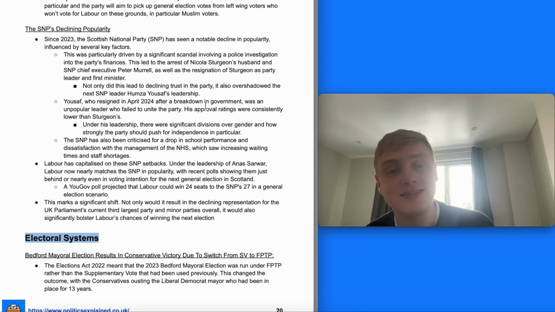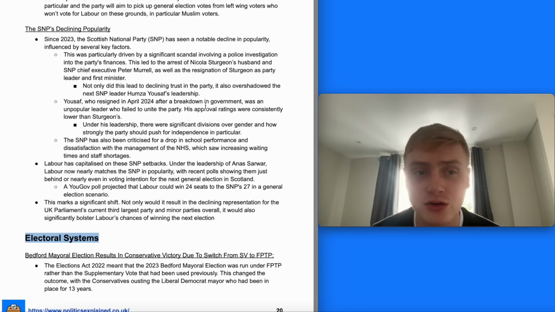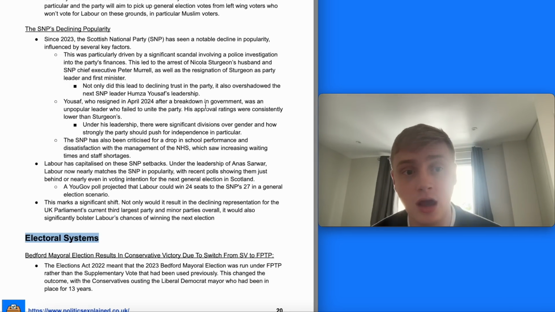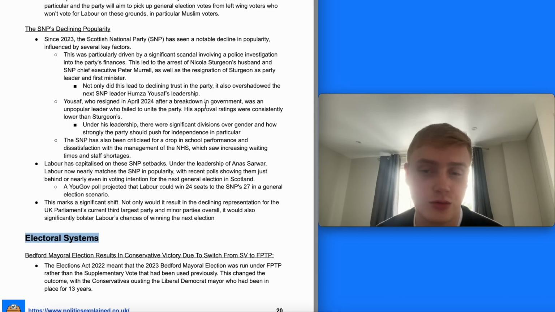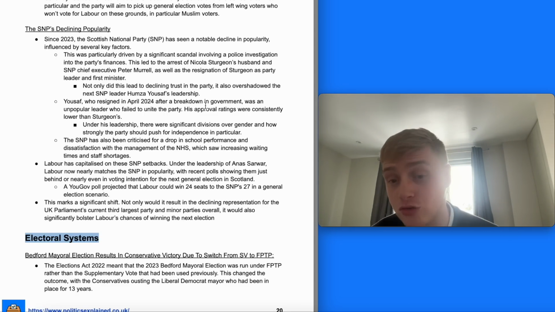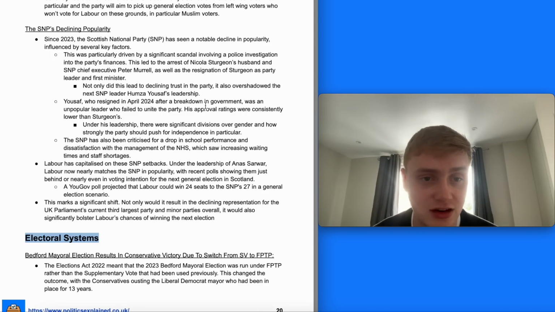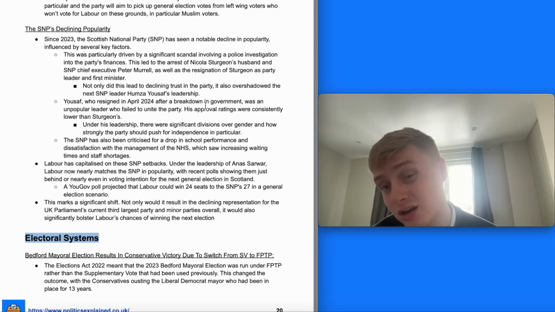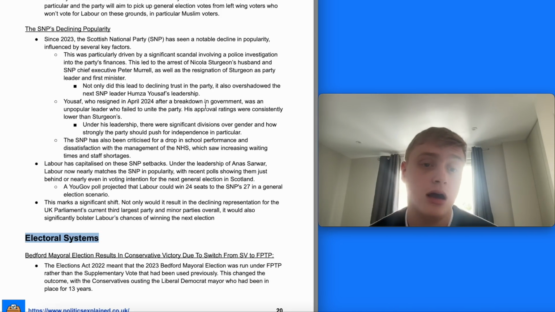That led to declining trust in the party, and also overshadowed the next SNP leader, Humza Yousaf, who resigned in April 2024 after a breakdown in government. But he was a very unpopular leader who failed to unite the party, and his approval ratings were consistently lower than Sturgeon's were. There are a lot of divisions within the party over gender, and how strongly the party should push for independence during his leadership. The SNP has also declined in popularity due to its failures in terms of governance, and this